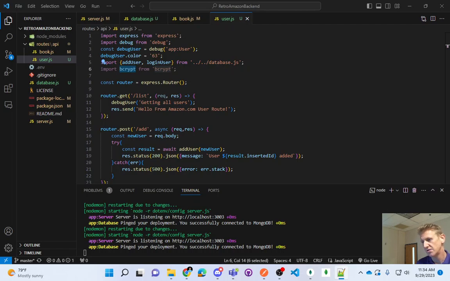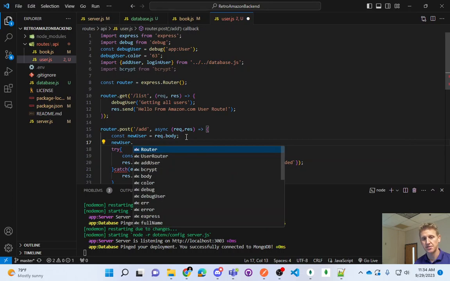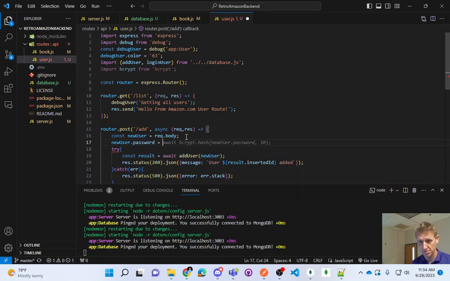And when we register our user, here's our new user. We're going to update their password. New user dot password. So we're updating their password to be, it's a pretty simple function, bcrypt hash the current password, and this 10,